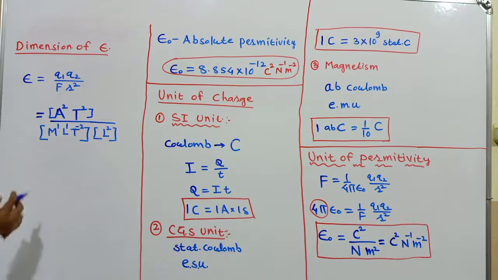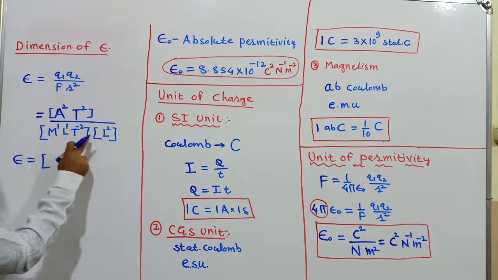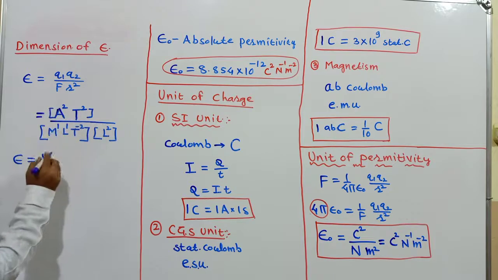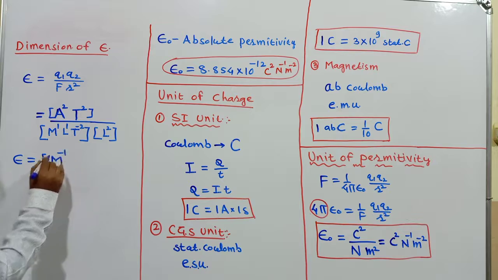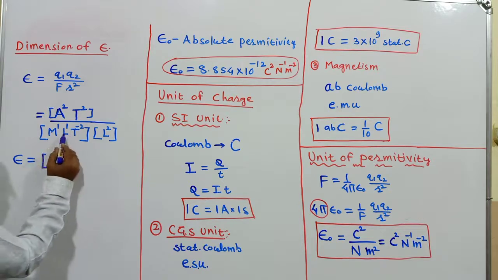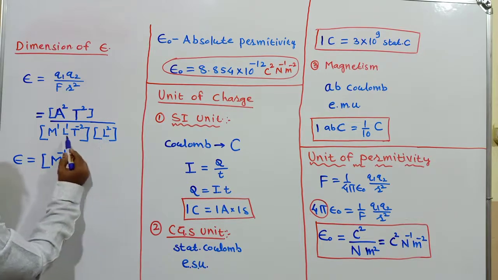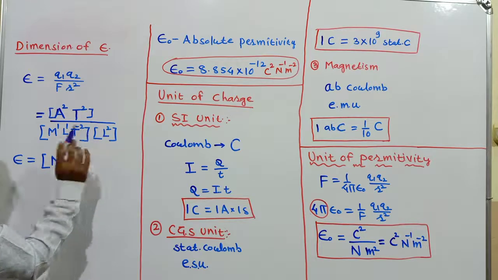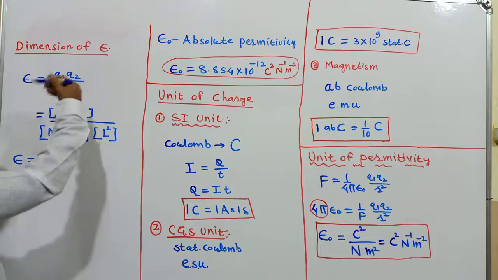And now just combining together, the dimensions of permittivity. Again I need to write the dimension in a single line. So let me write that then. Mass, only one mass I have throughout the equation, but I need to take that in the numerator. So it is 1 in mass. Whereas length, here I have got 1, here I have got 1. So 3 in length I have. That is to be taken in the numerator.